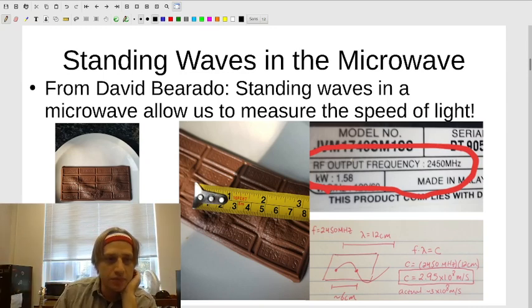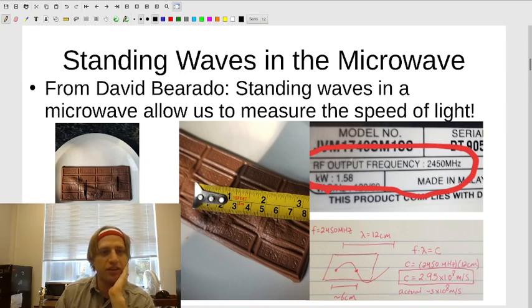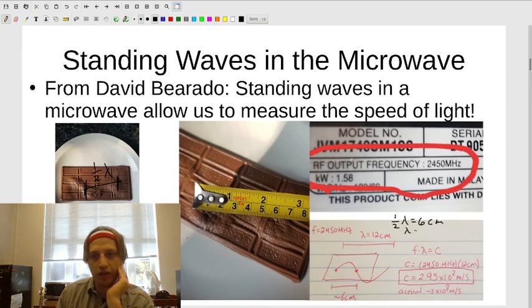The distance between these maxima, the places where the Hershey bar looks most scorched, are the maxima of that standing wave. That is not one wavelength, that is 1/2 of a wavelength. So what he's doing here is he's saying, okay, 1/2 of a wavelength is around 6 centimeters. So you can see here he's got the 6 centimeters, that's about 1/2 of the wavelength. So the wavelength would be 12